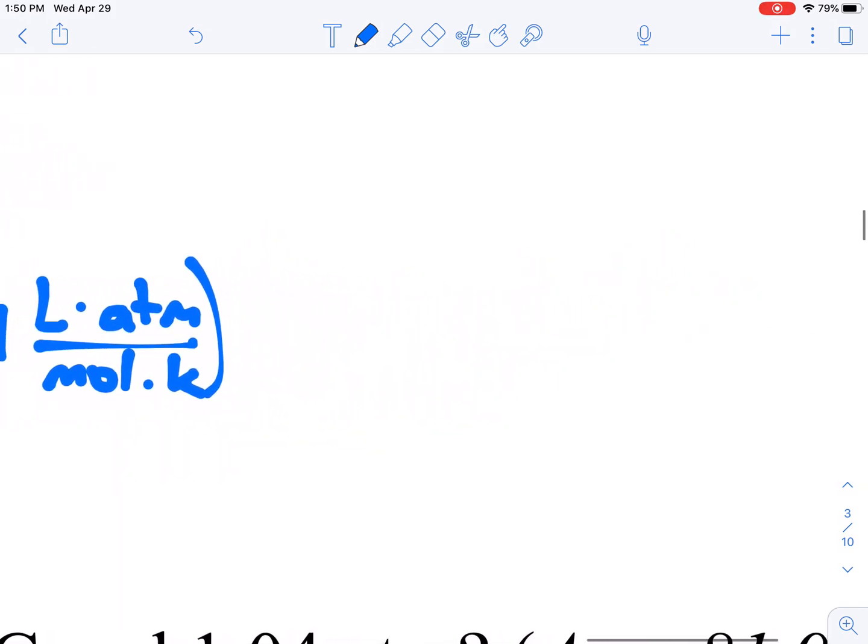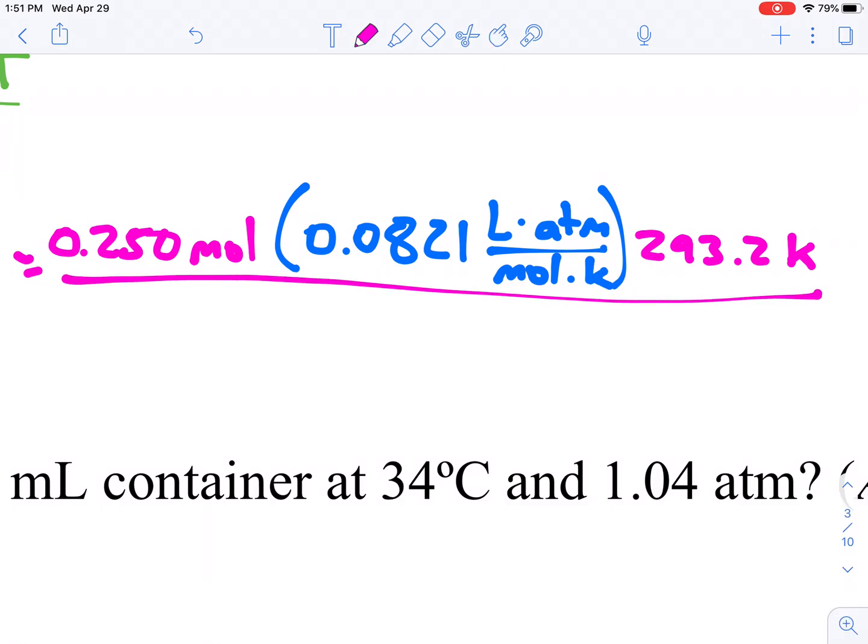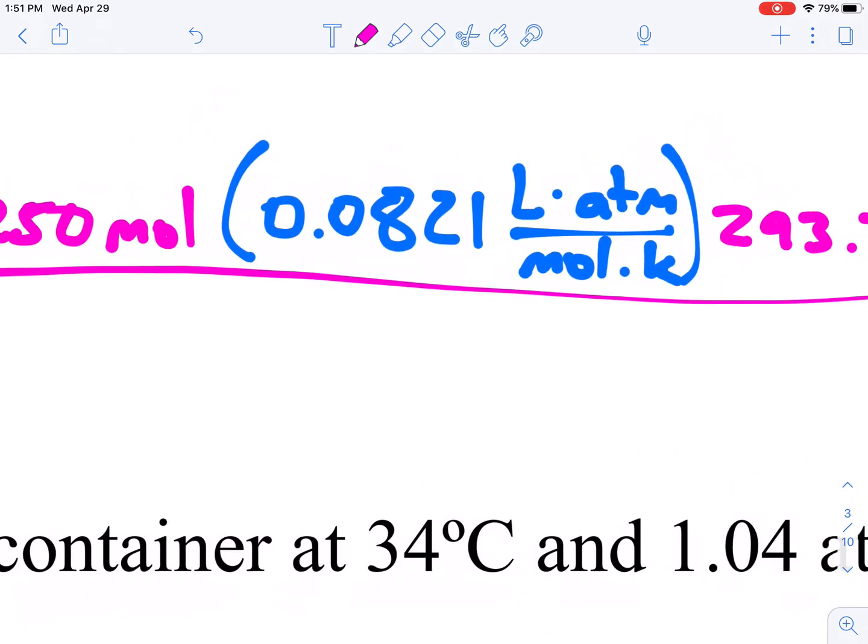Our temperature, we said, was 293.2 K. And then we're going to put all of this over our pressure. And our pressure that we just converted turns out to be 0.974 ATM,